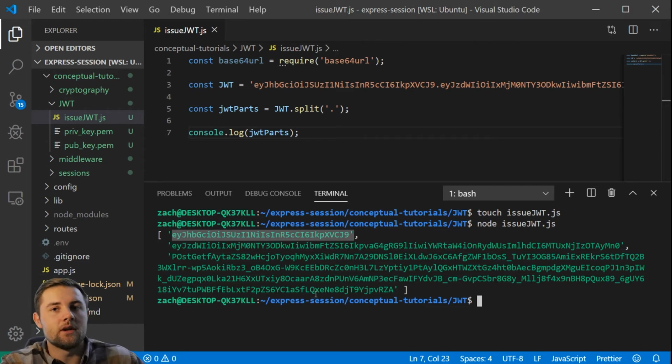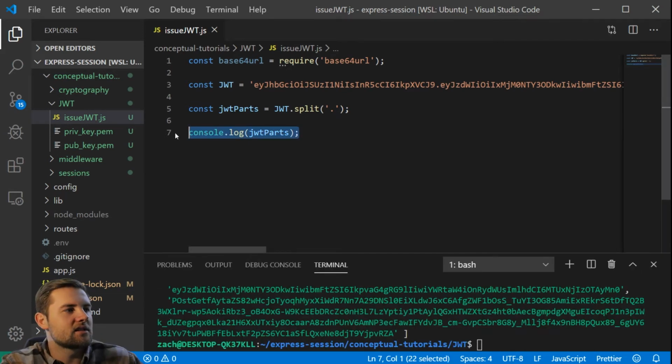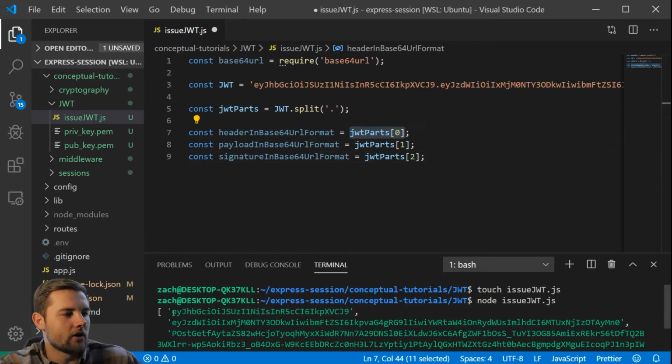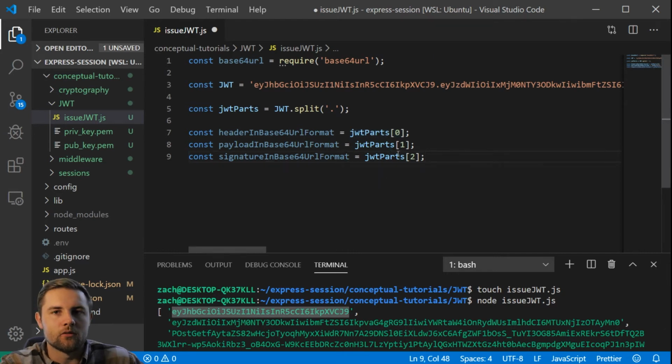Again, these are still in base64 URL encoding. Let's go ahead and split these into variables. So I've just written this code already. We basically say the header in base64 URL format is going to be the first one. So in our array right here, we're just grabbing that piece, and then so on and so forth with the